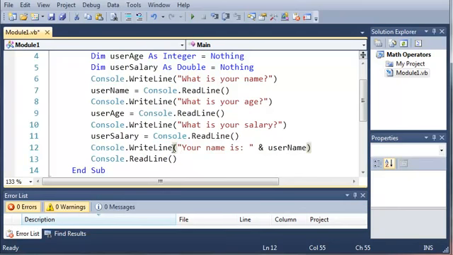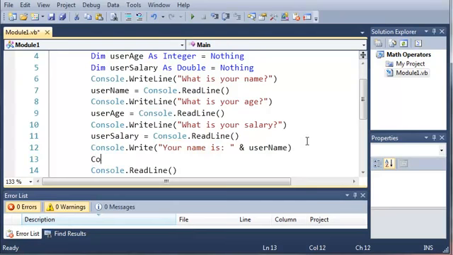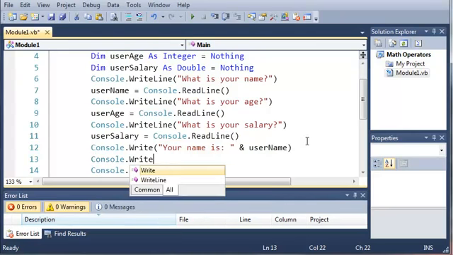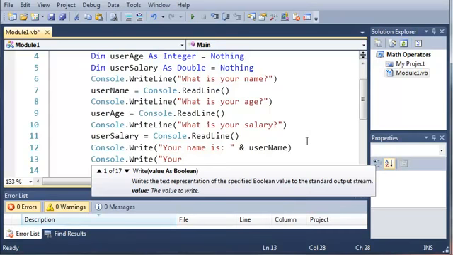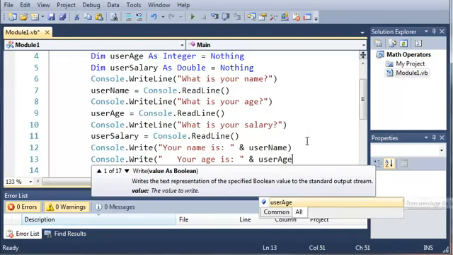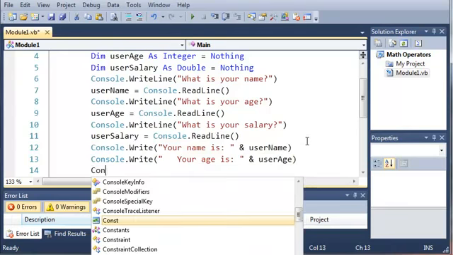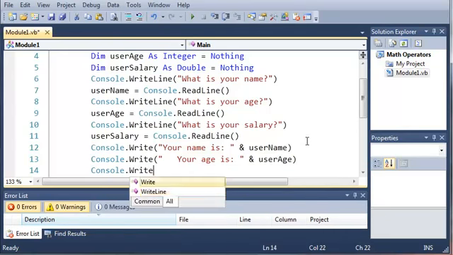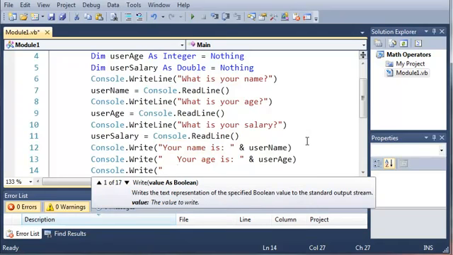And let's go ahead and take out line here, and then we'll do console.write, let's just add a couple spaces, your age is, and then we'll just add user age, and then console.write again, your salary is,